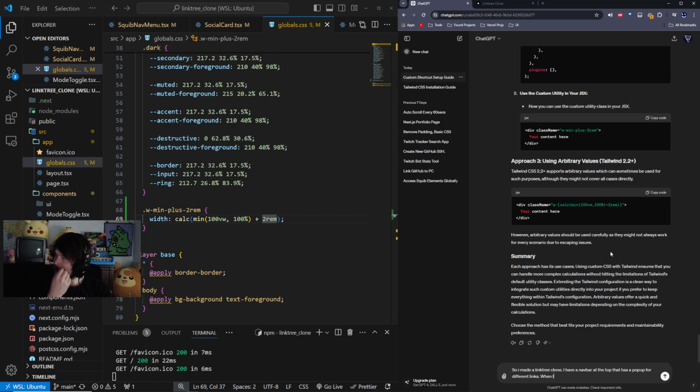When I change the sizing of the page, so like,